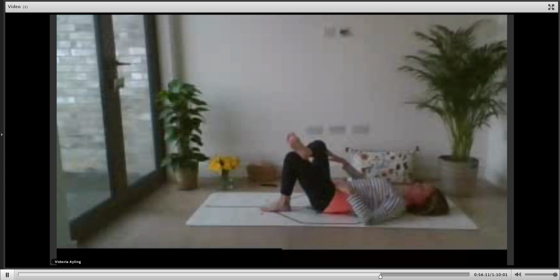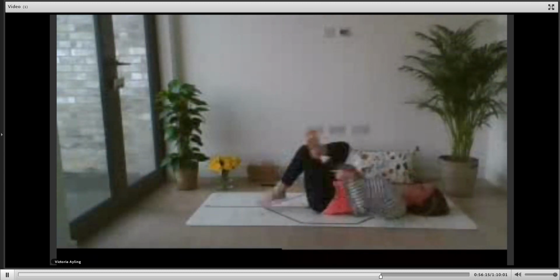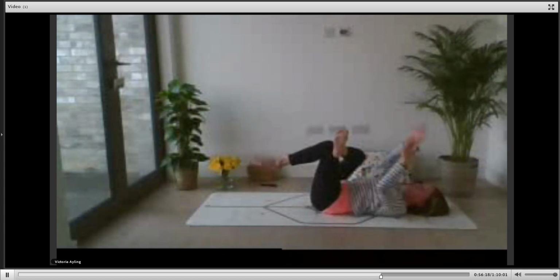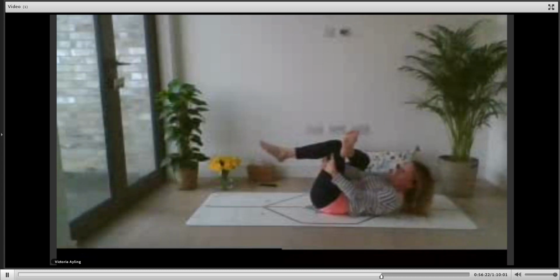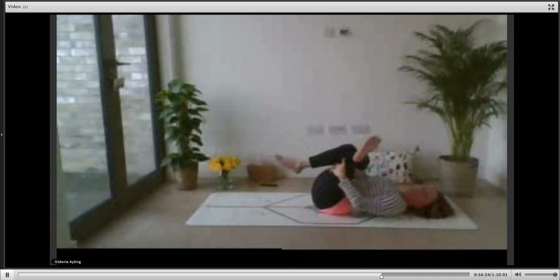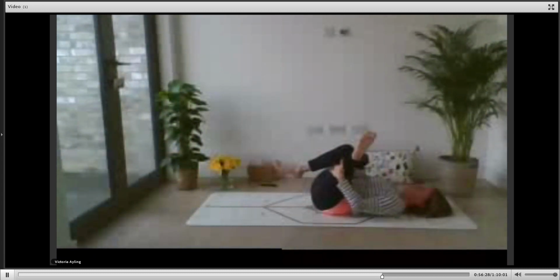Now you can stay here, or you might be able to thread the needle. So you lift the left foot off the floor, your right arm goes through the gap, and you interlace at the back of that left thigh. Okay, so I'm holding the back of the left thigh. I'm drawing the left thigh towards me, and at the same time pressing the other knee away from me. It should feel like a stretch in the right outer hip.